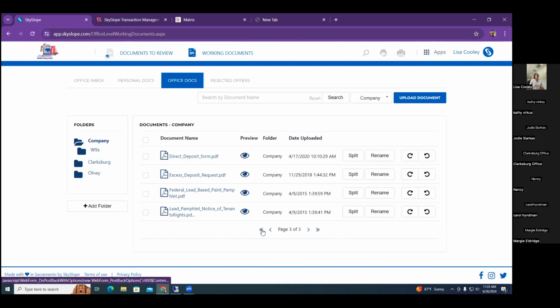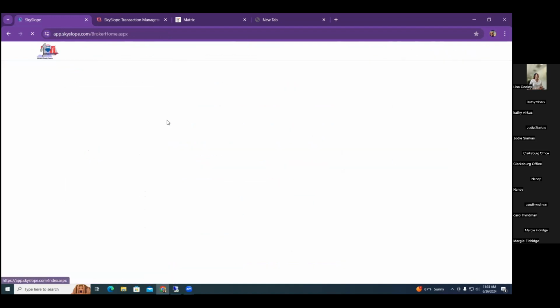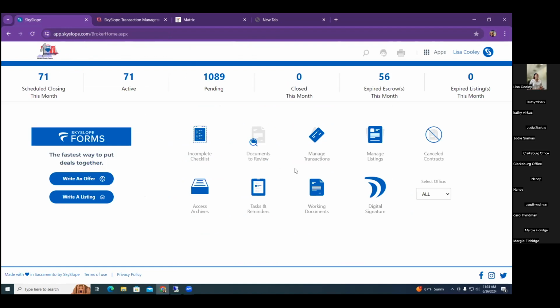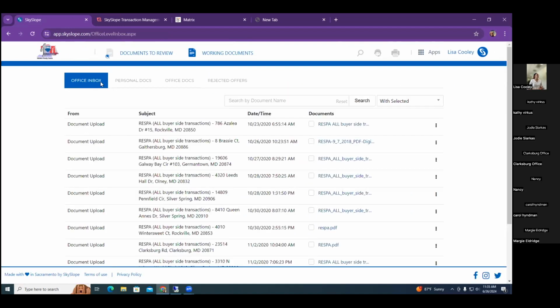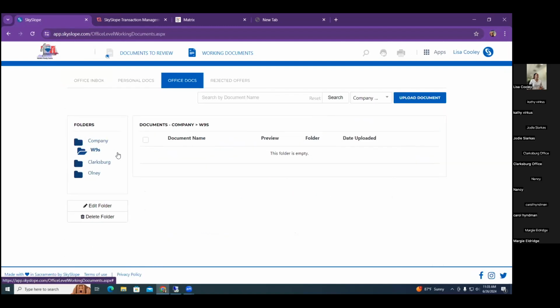There's also some other things in there that you can use. Oh, and there was also our company W-9. So if you're doing a job and you have a referral, or you're the other end on a rental,